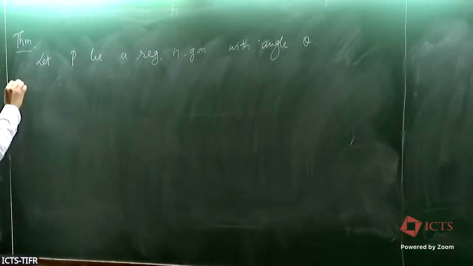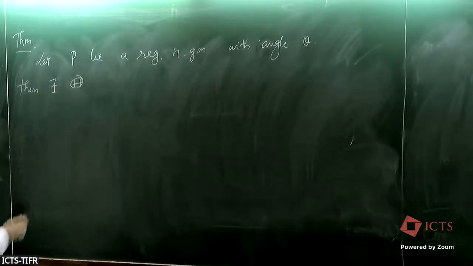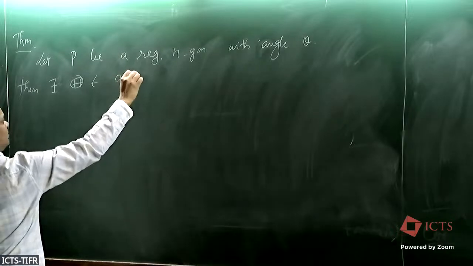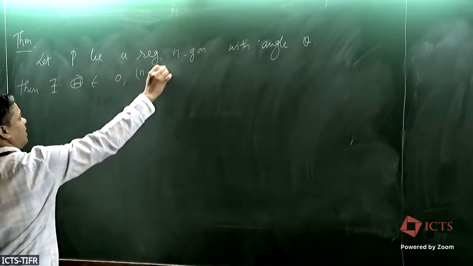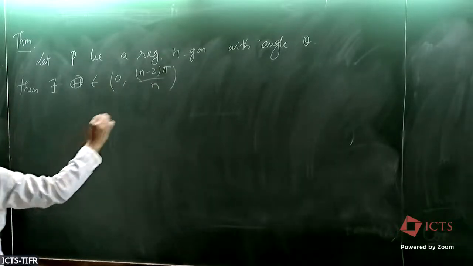Then there exists some capital Theta belonging to (0, (n minus 2) times pi over n) such that